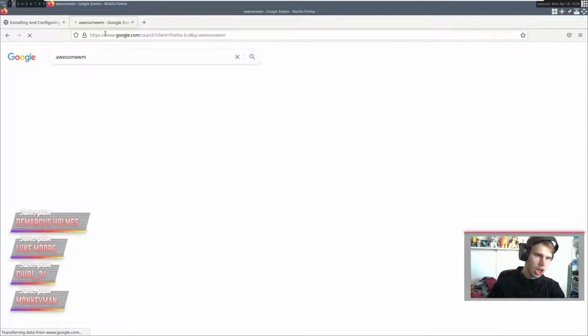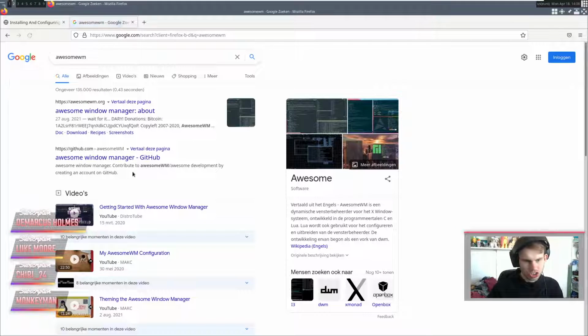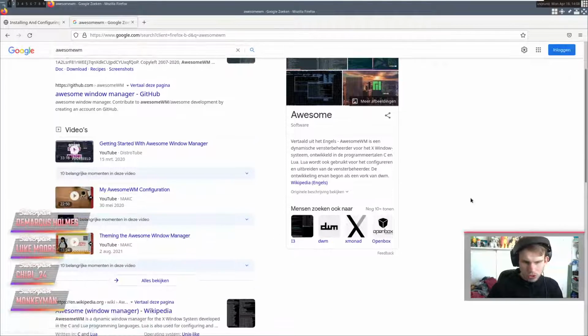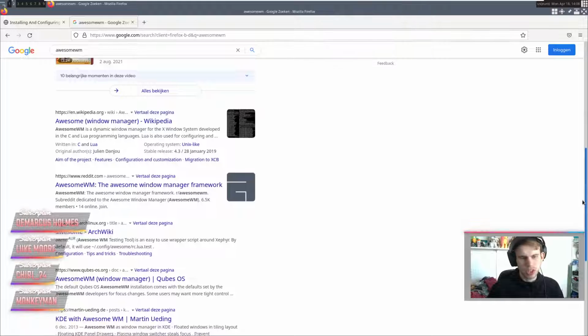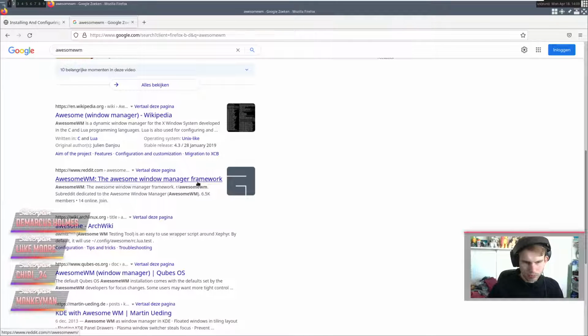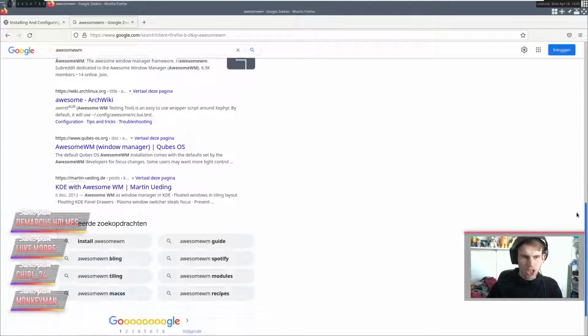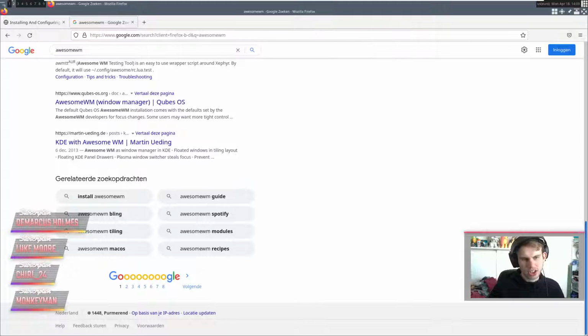So, rc.lua in Awesome Window Manager is also going to determine what your window manager is going to look like. Now, the thing is, if I'm going to grab a custom theme from the internet, it will overwrite that rc.lua that I'm right now creating.